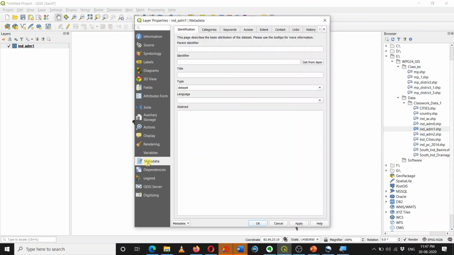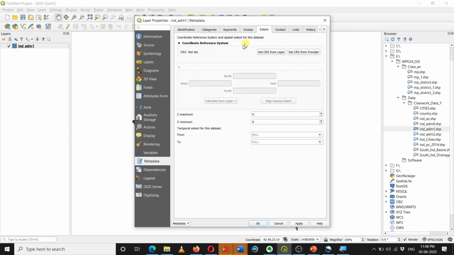Okay, if I press over here, it gives me various tabs containing different kinds of information about this file. I can also modify this information over here. For example, if I want to look into the extent, here's the CRS not set, so the metadata which the file has its own CRS, but you can also modify it, and I can say that set CRS from the layer.